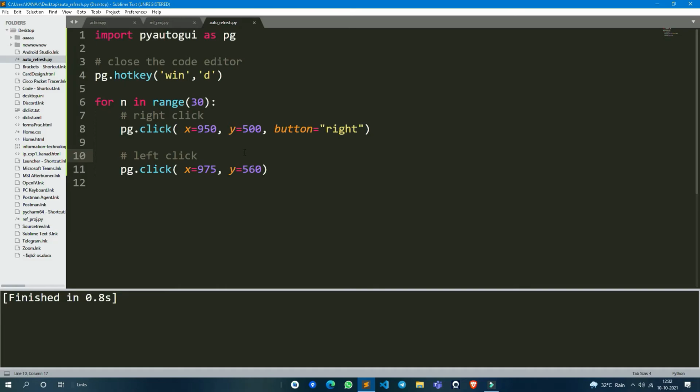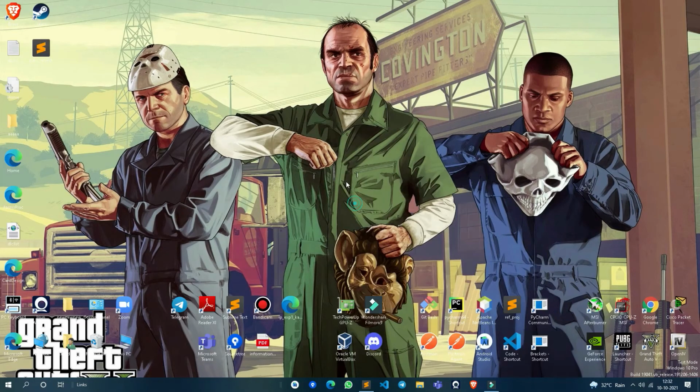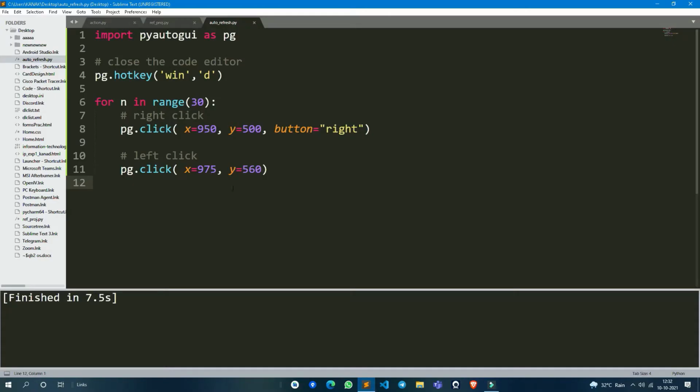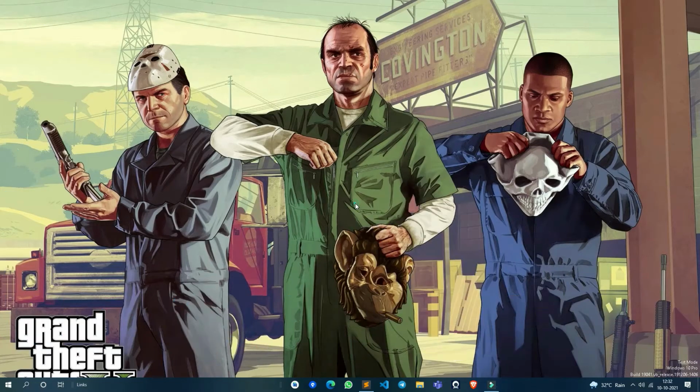Let's run the script using Control plus P. See, that thing is working. See, this is happening 30 times. See how fast this is. You can provide any value like 50,000, however many times you want to refresh automatically. I'm providing 50, saving the script and running the script.